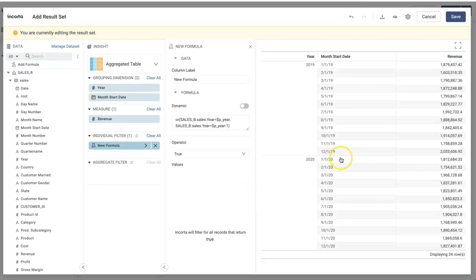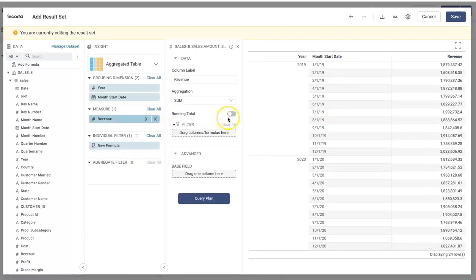Okay, so there you go. So I have this revenue by year and month. This is first date of the month, and it will become clear why I'm selecting first date of the month to do this comparison. Now, since we need to do year-to-date comparison for each month, let's go ahead and enable